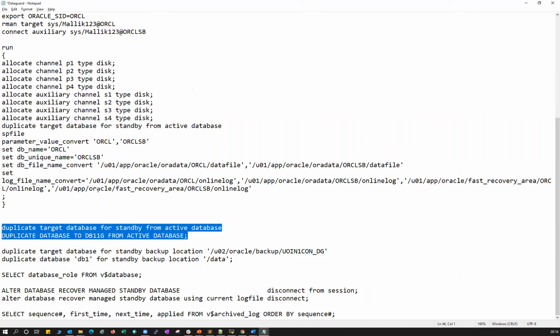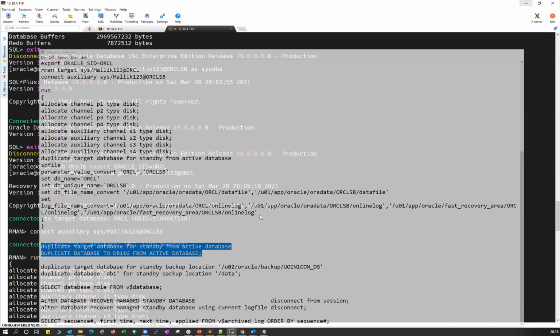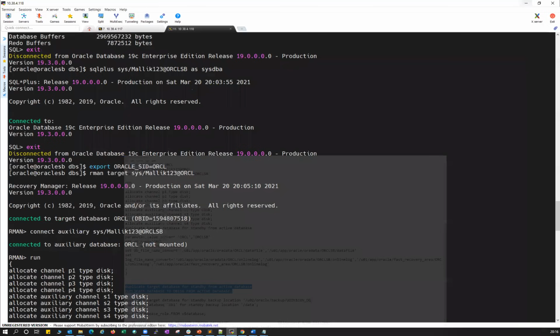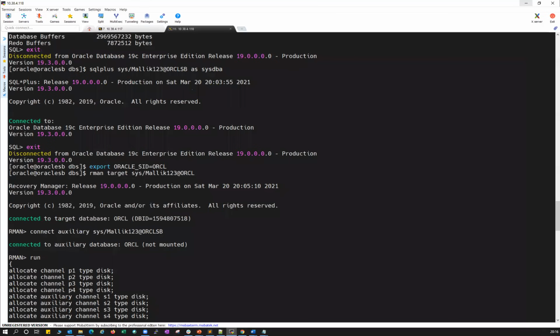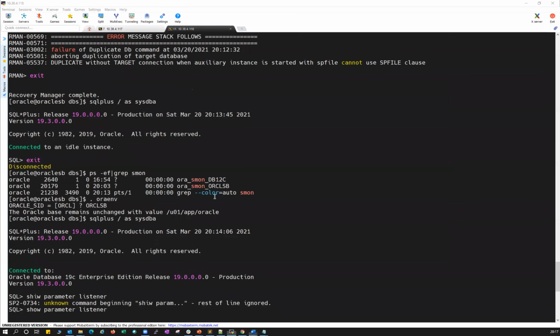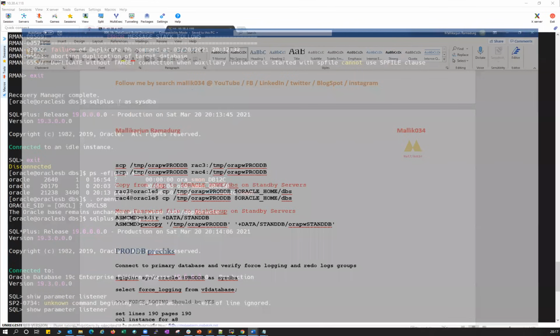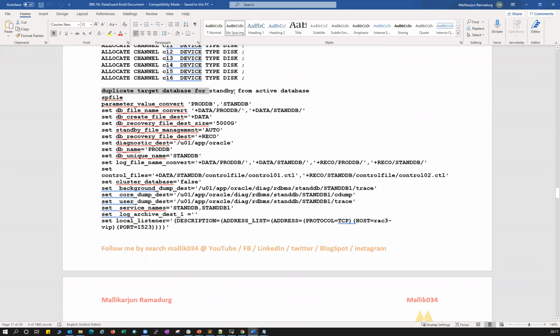So let's go back to that issue we faced. Let me bring this particular document I was explaining here. Duplicate target database for standby from active database, and SP file and parameter value convert, and set DB name, and set DB nickname, and set DB file name convert.